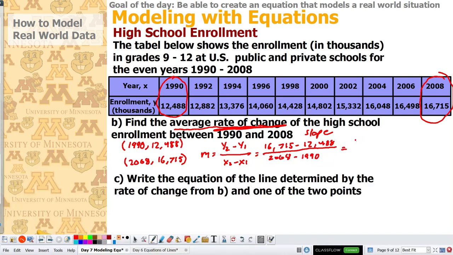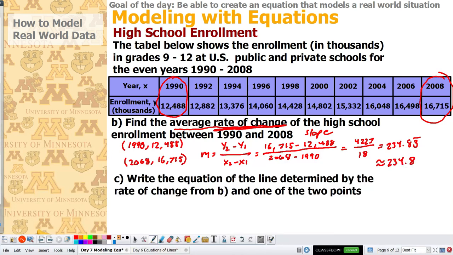If I do that calculation, I get 4,227 over 18. And if I divide that, I'll get 234.83 repeating. I'm just going to round that to